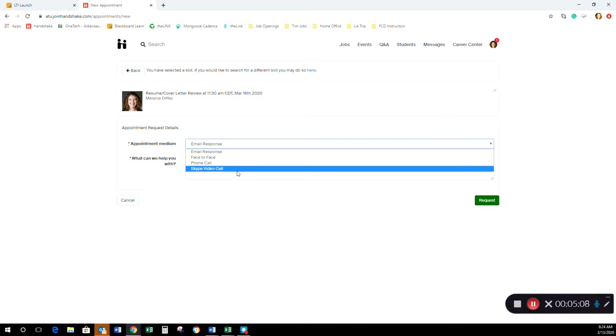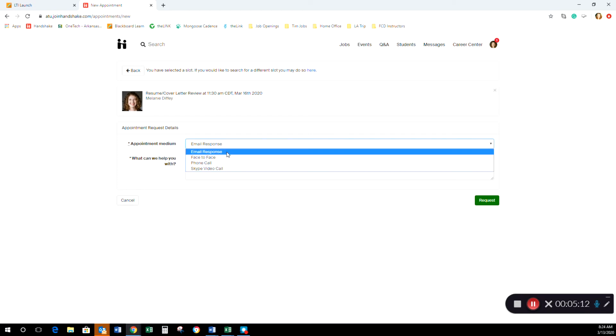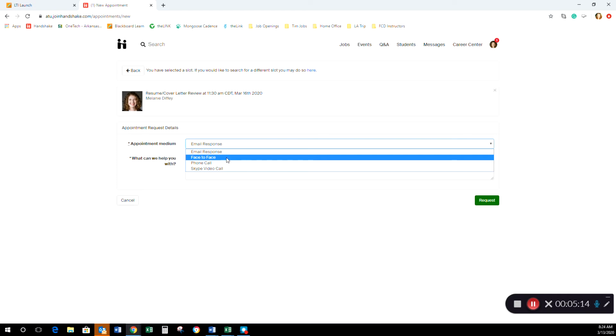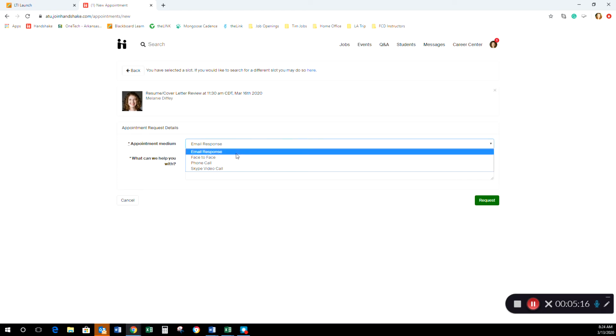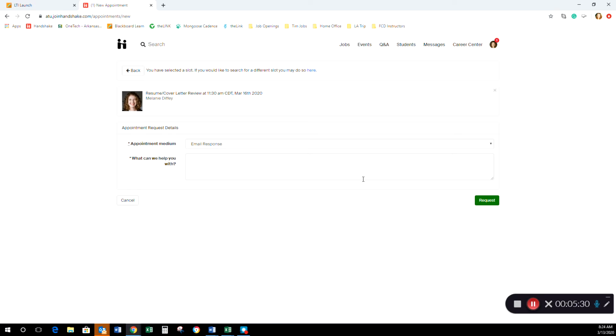If the campus is currently closed or not experiencing a lot of traffic and you request face-to-face, you may receive an email just asking you to confirm that you really do want to meet face-to-face, or asking to make some alternative arrangements, okay? And this lovely window down here is going to allow you to give us some in-depth description of what it is that you need from us so that we can be prepared for you when you come in.